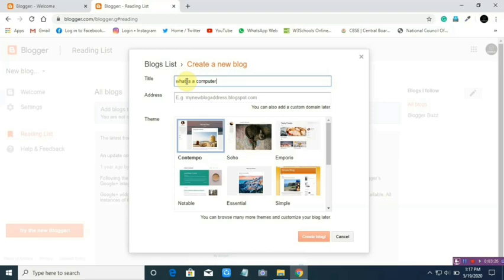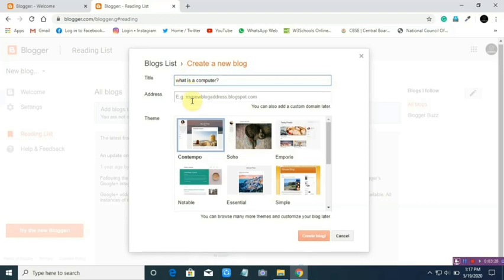This is the title of my article. Then the address, the domain. It's asking for a .com or whatever you want to write. I want to write IT Gyan for you. If it is available, it will show you, otherwise it will show you a red mark.